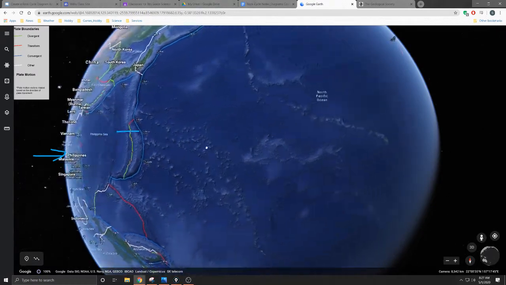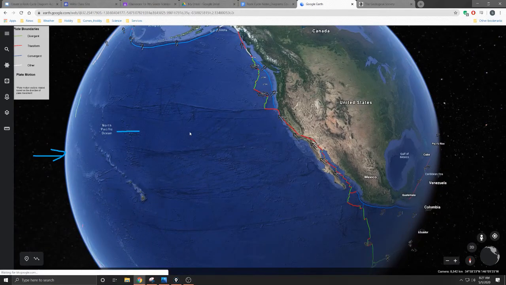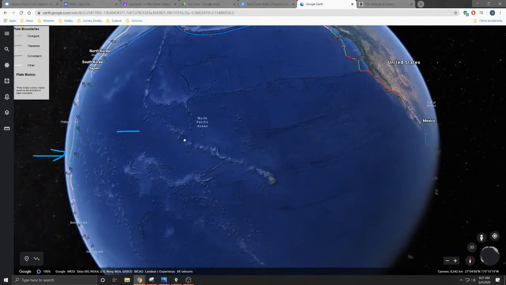So yeah, there is certainly some evidence to suggest that these plates are going to come back together and form a new supercontinent. We're looking at that hundreds of millions of years in the future, though. So that's not going to be something that we have to worry about at any time soon.